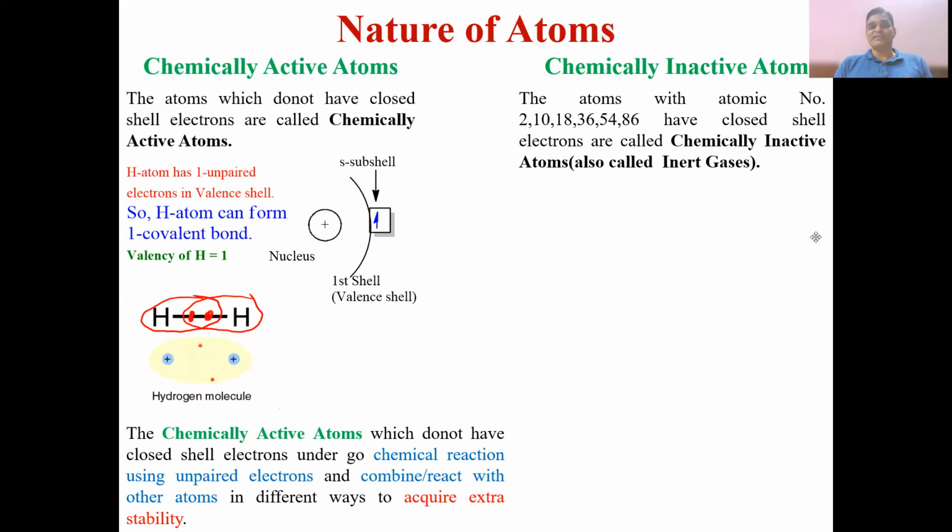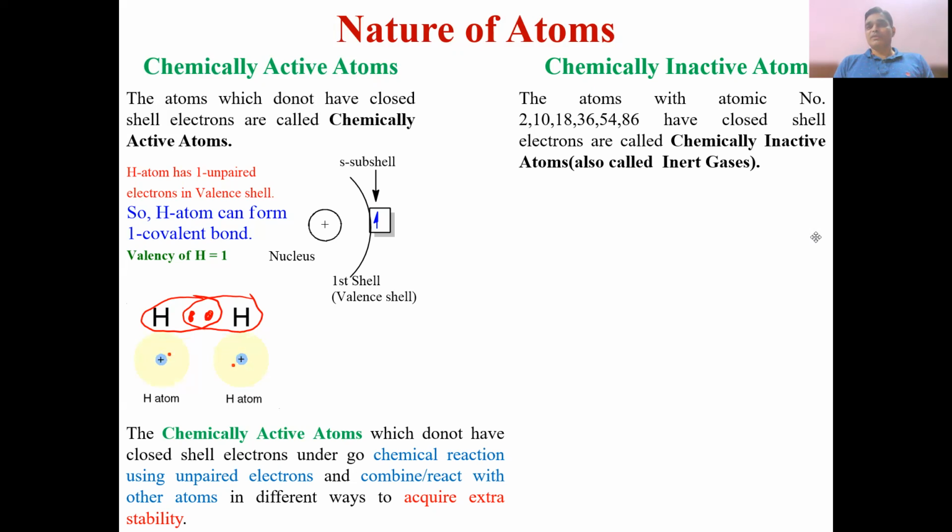They were also called inert gases previously. Due to their fulfilled stable configuration, they do not have any unpaired electron. They cannot form any bond. So previously they were called inert gases. But after the discovery by the scientist Neil Bartlett, it was found that xenon can form some compounds like XeF2, XeF4, XeF6. Nowadays, the group 18 elements are called noble gases in place of inert gases. Noble means some reactivity, because xenon shows some reactivity and it can form some compounds. Due to that, the group 18 elements are nowadays called noble gases.